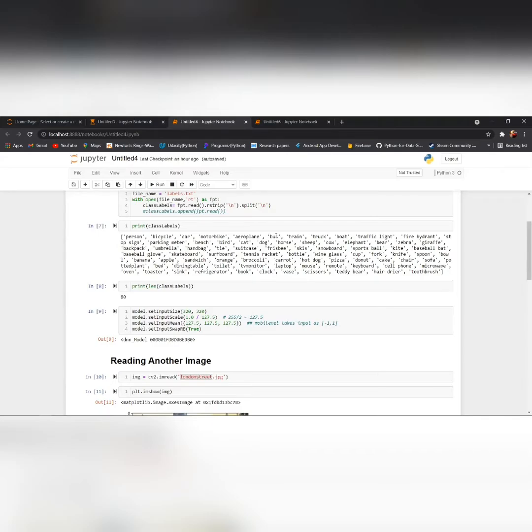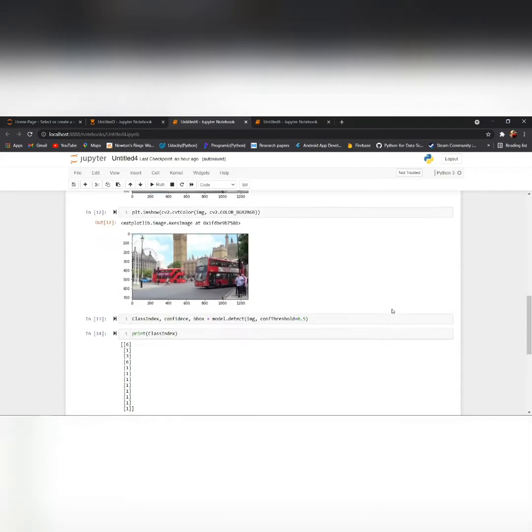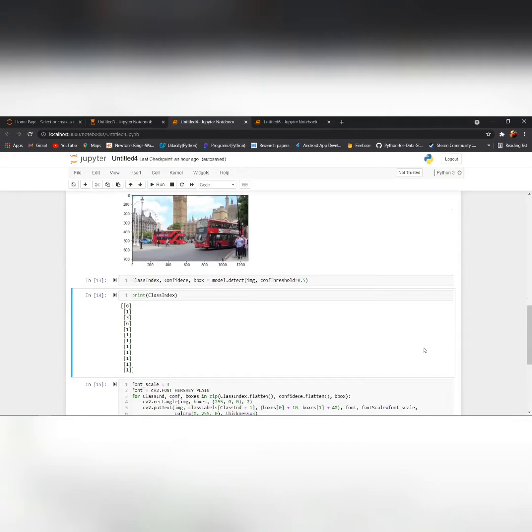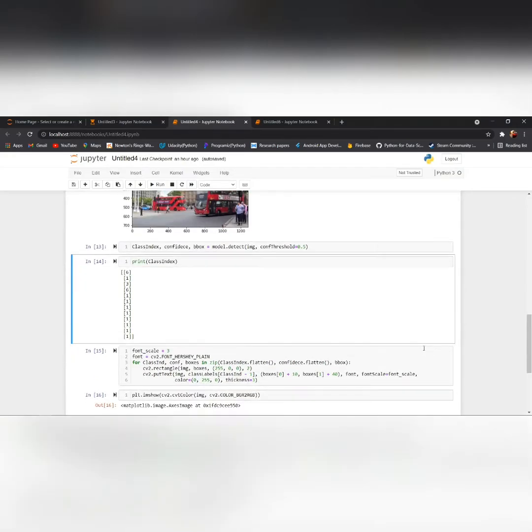Class 6 appears to be a bus, class 3 same as before, a car, and class 1 a person. So this output shows that it has detected these many object classes in this image.